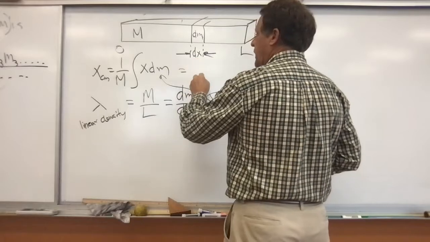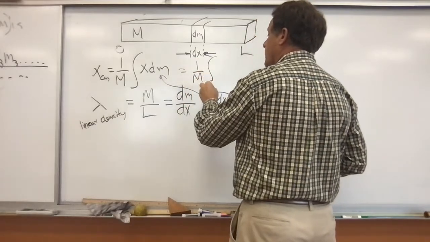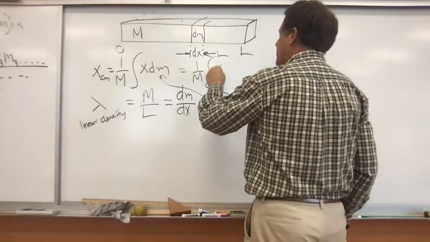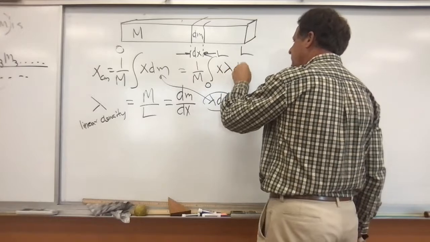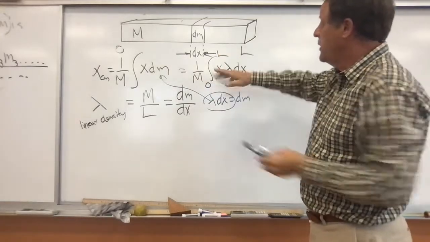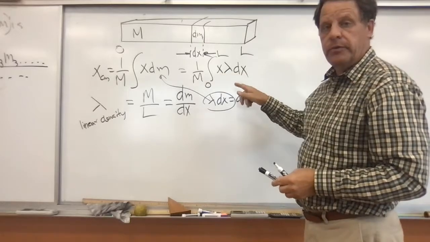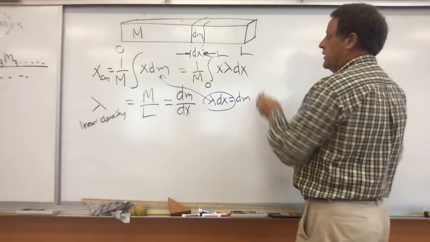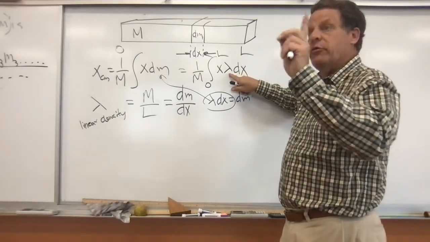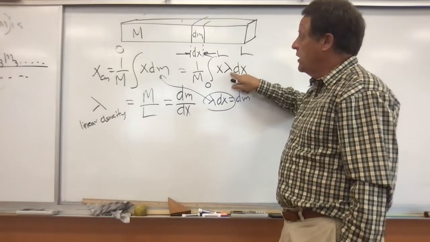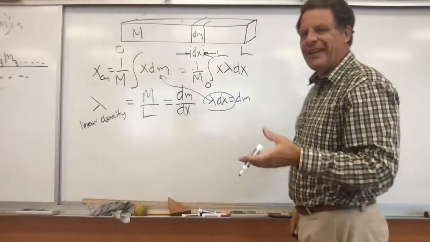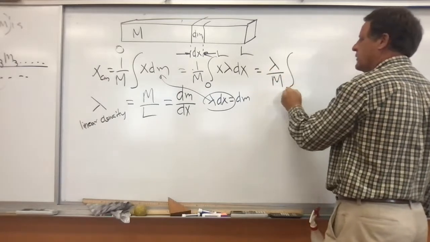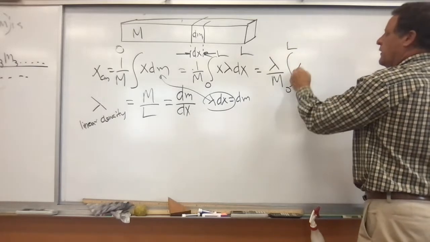So now we can see that our x center of mass is 1 over m times the integral. And now we're going to go from 0 to L. We're going to go that entire length, and that's going to be x lambda dx. So even though we're calling this 0 and L, this is the length, and it is in the x direction, or in that position. So obviously, this lambda right here is going to be a constant. And so this constant is going to come outside of the integral. And we can say now that this is lambda divided by m times the integral from 0 to L of x